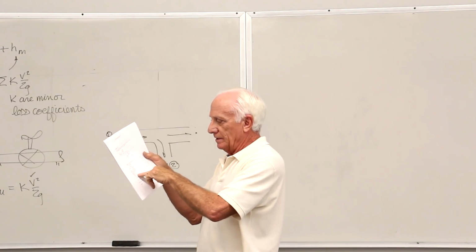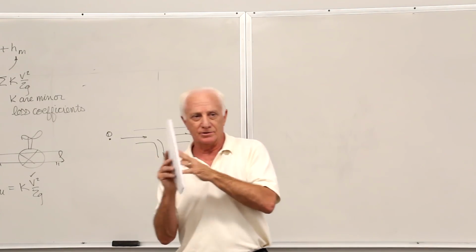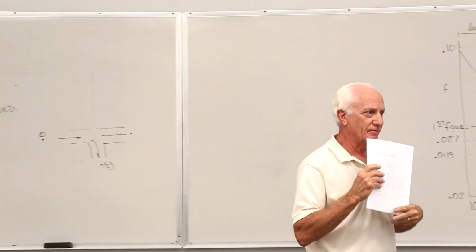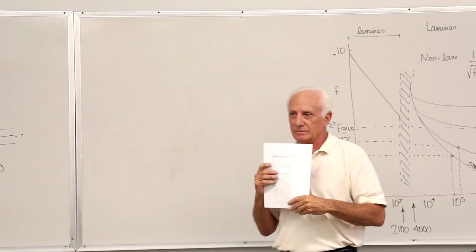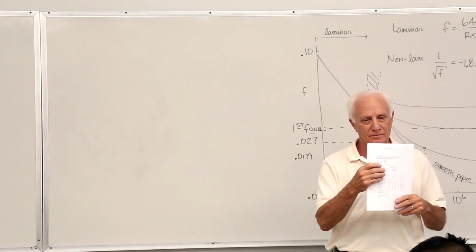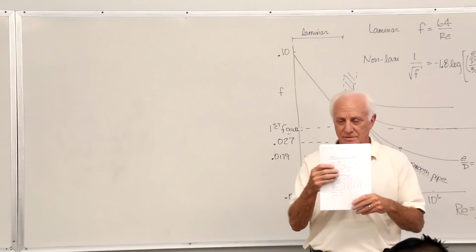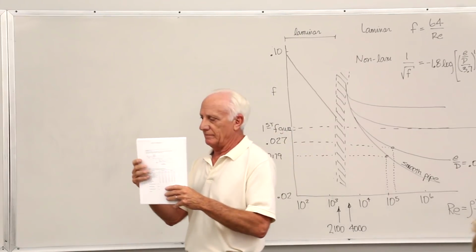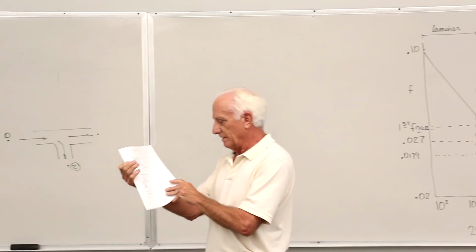What if you can't find it here? Well, go search for it on the internet. You'll find it somewhere. If it's not in here, you're the engineer, you go out and find what the K value is. If you can't find it, you might run a test on it and see what the K value is. But you'll probably find it.